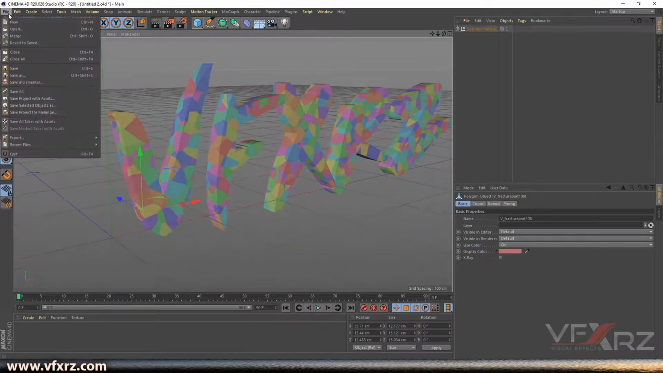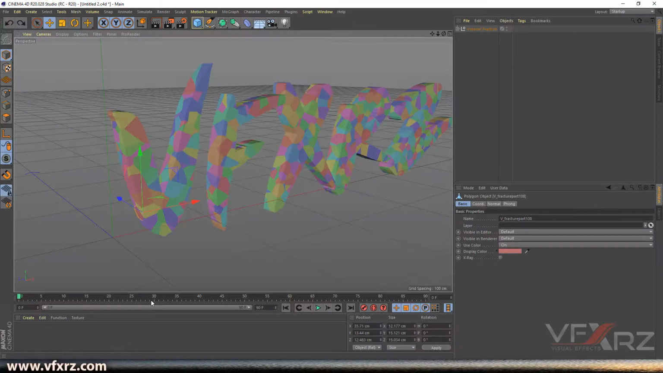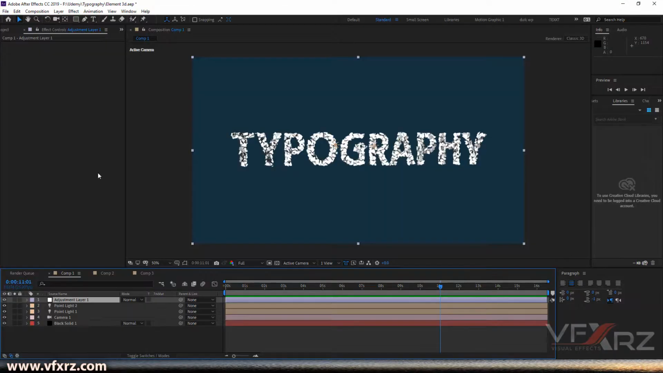First, in the File menu, click on Save As, and after that, save your project. For example, okay, and press OK. And now open After Effects, and then